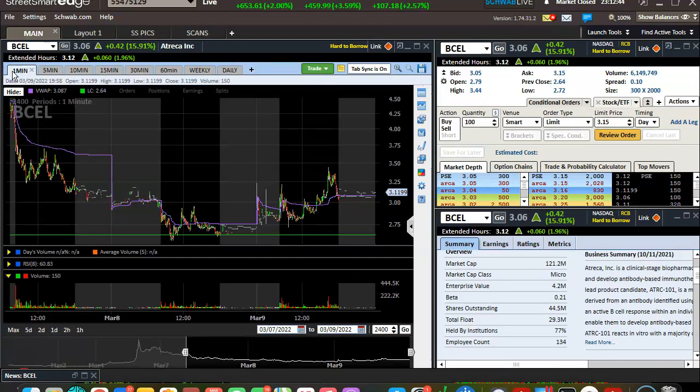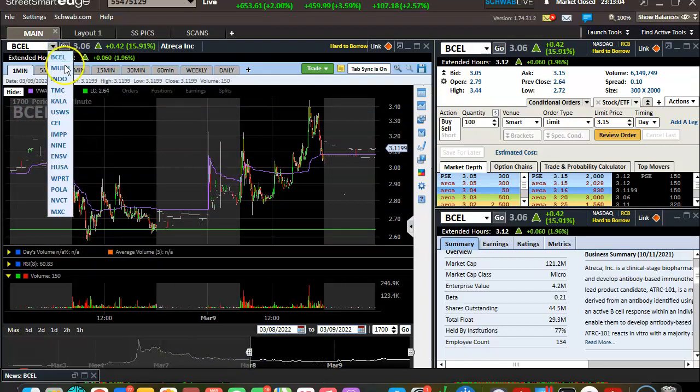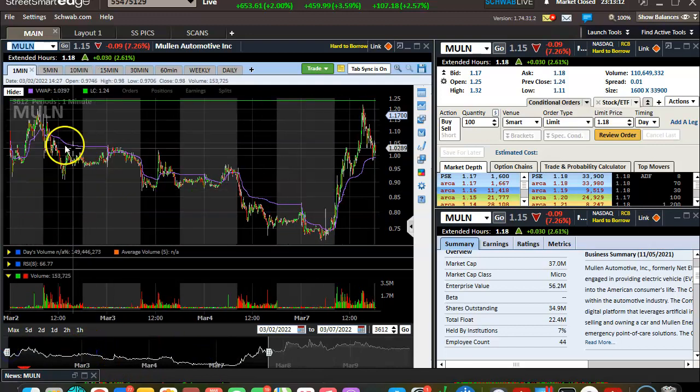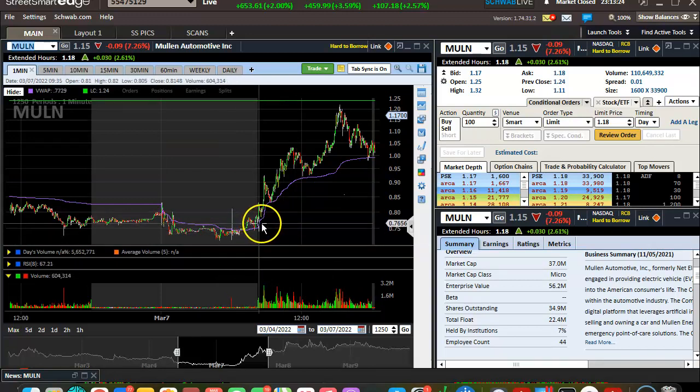But I hope someone was able to take something away from this in regards to momentum, short covering, the psychology with shorts, how to play both sides, and recognizing when momentum is shifting. In the case with Muln on this day, it was VWAP. VWAP for me was the key, as I explained before. When it started fading, every morning, every day, it kept failing VWAP, except for this morning, where it was holding up above VWAP on strong volume,